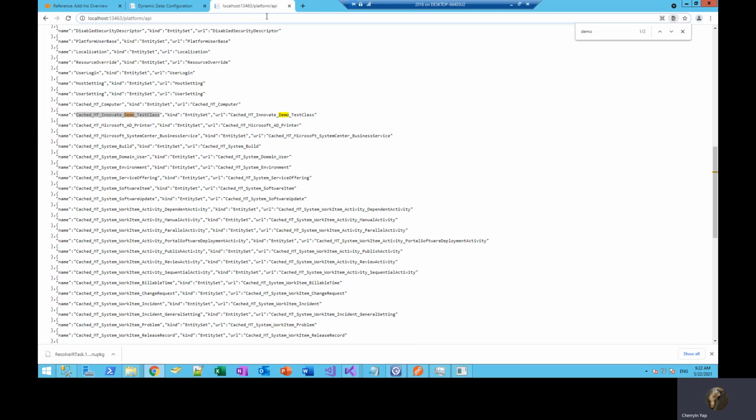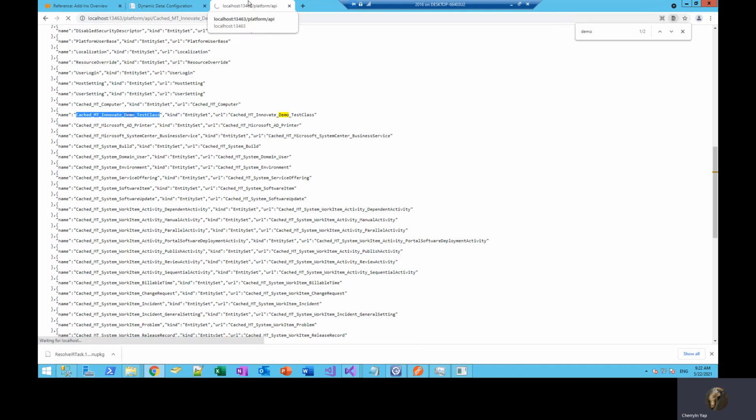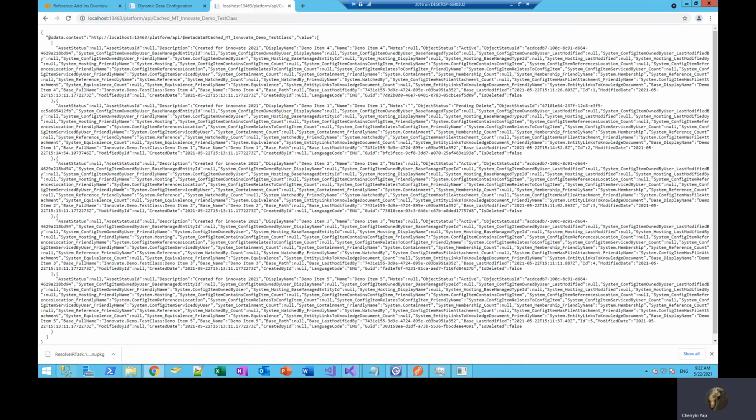Then to access the data, we simply have to append that over at the URL. And these are the 5 objects that we have.